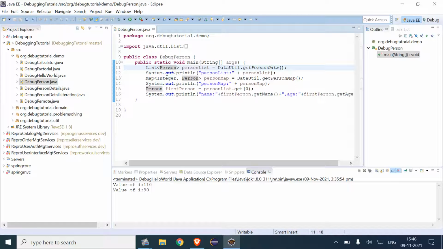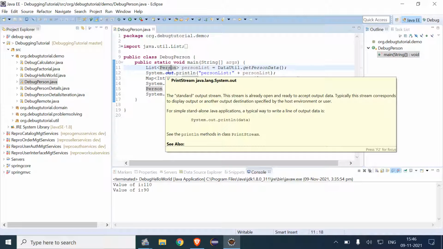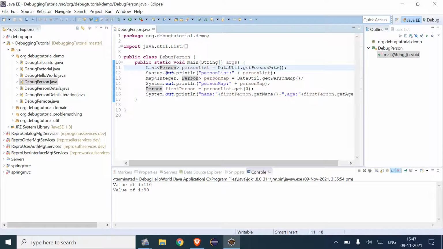So here we have the main method. First of all, we have to understand the usage of step over, step into, and step return. So basically, we have a list of persons, that is the person list.